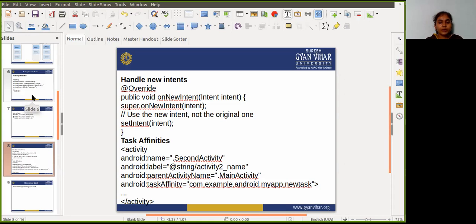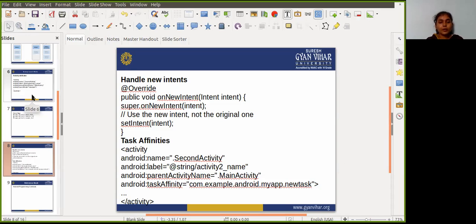An activity can be instantiated multiple times, and a single task can have multiple instances of the same activity,